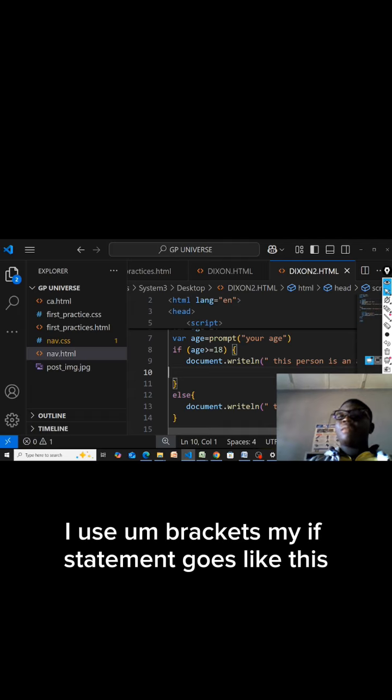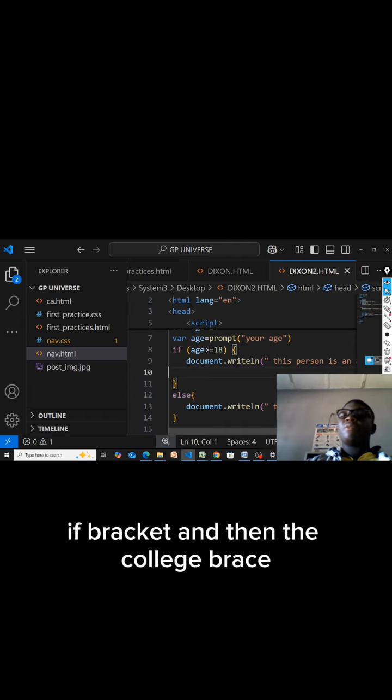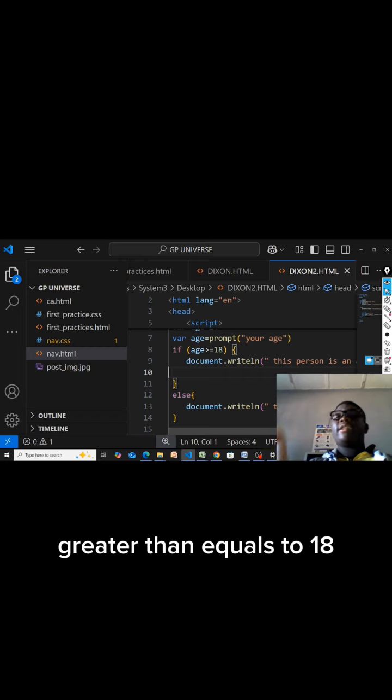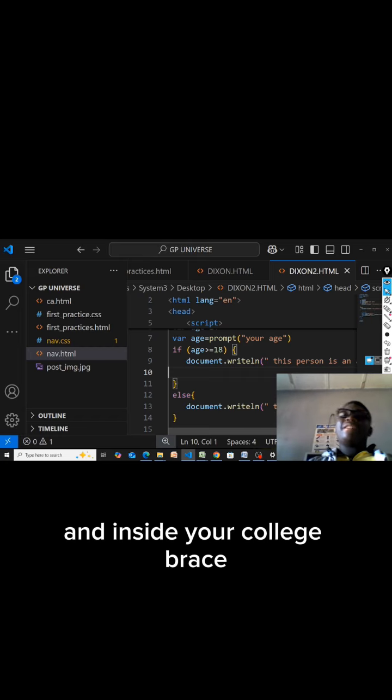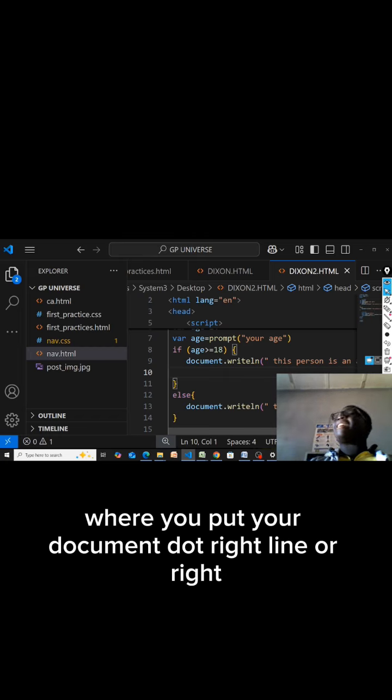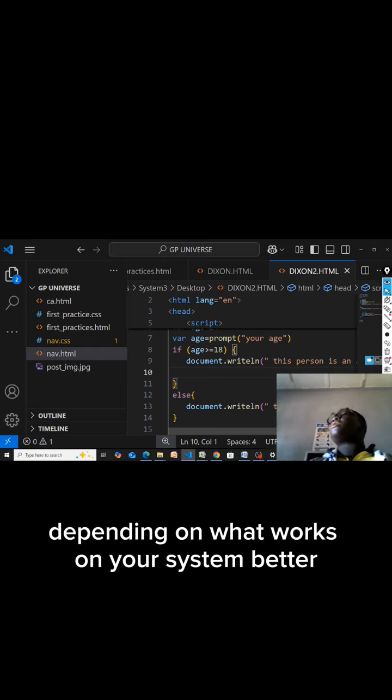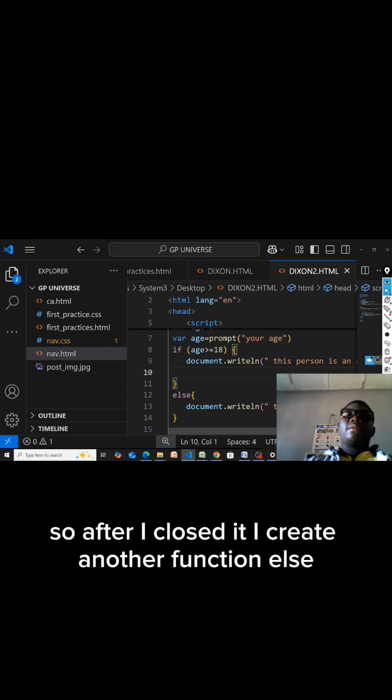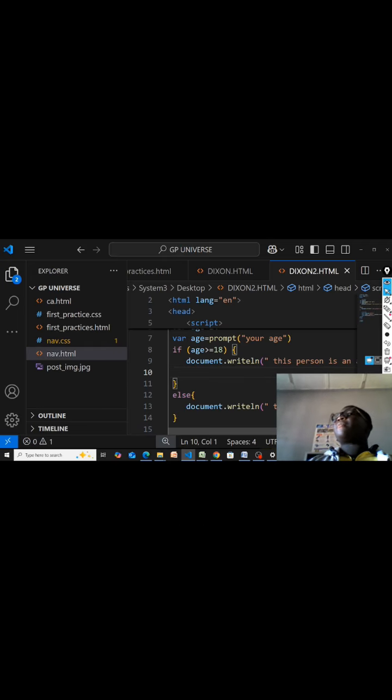My if statement goes like this: if, bracket, and then curly brace. Inside the bracket is where you put your age greater than or equal to 18, and inside your curly brace is where you put your document.writeLine or write, depending on what works on your system better. So after I closed it, I create another function, else. As you know, else is for